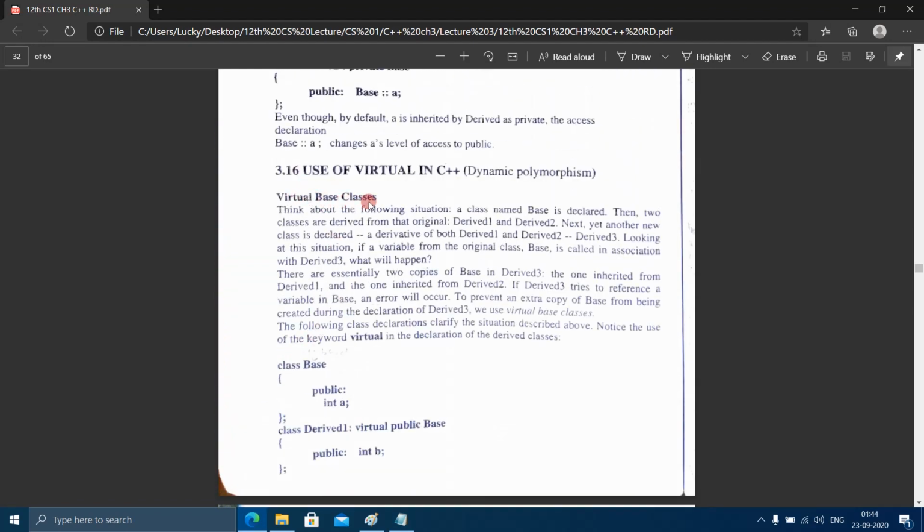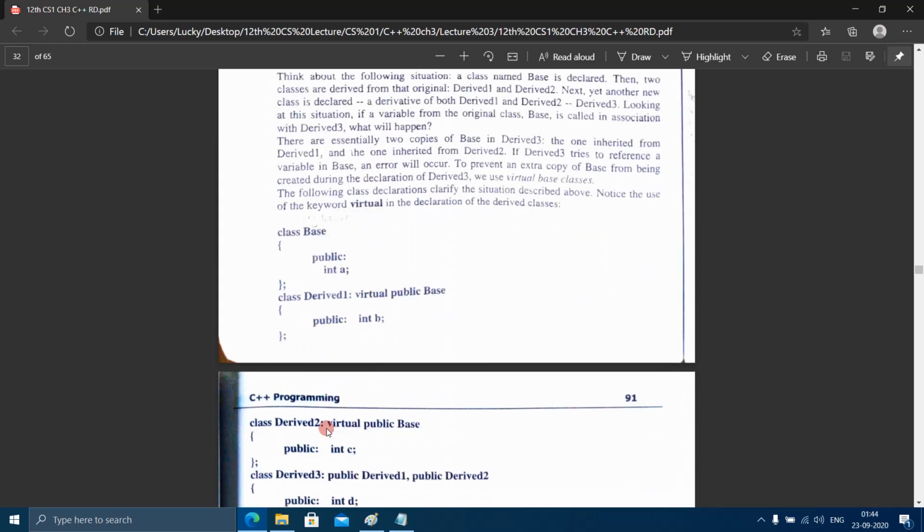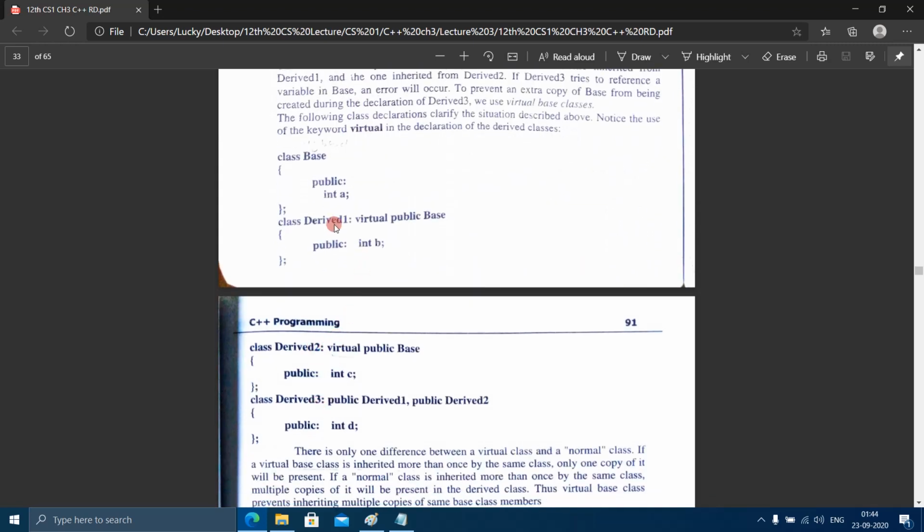Virtual base classes. Think about the following situation. A class named base is declared. Of course, here we have declared a class named base. Then two classes are derived from that original: derived 1 and derived 2, because derived 1 is deriving the base class and derived 2 is also deriving the base class.